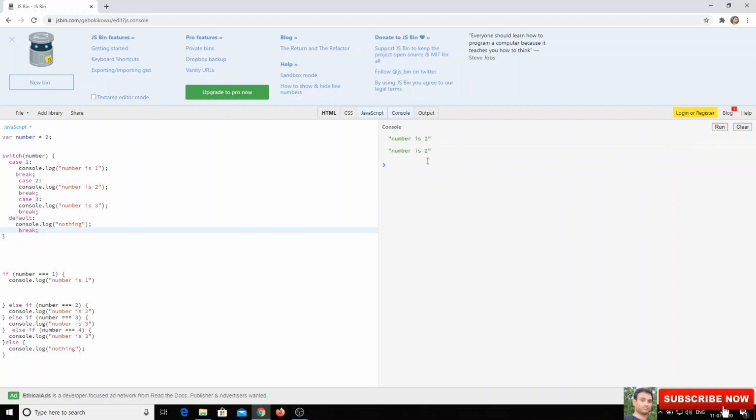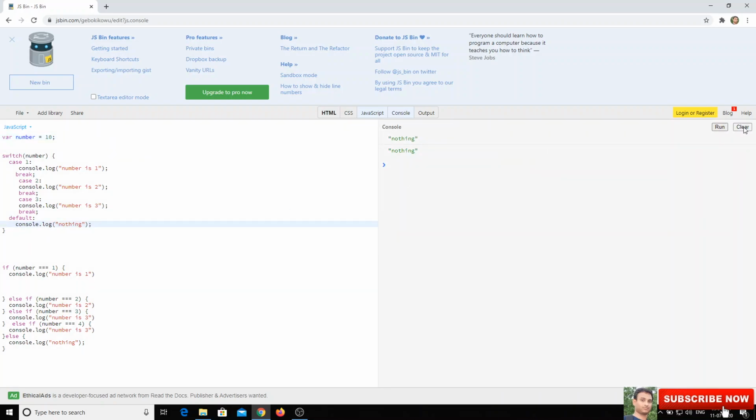Now we got the expected output, as we got with the nested if condition. Now you can think, for default there is no need for us to keep the break. Why? Because after default nothing is there to execute. For example, if I write something like 10 or anything, and I run, I am getting nothing here, right? If I remove the break and execute, I will get the same output. Why? Because after the default there are no cases to execute. So that is the reason we are getting the correct output.